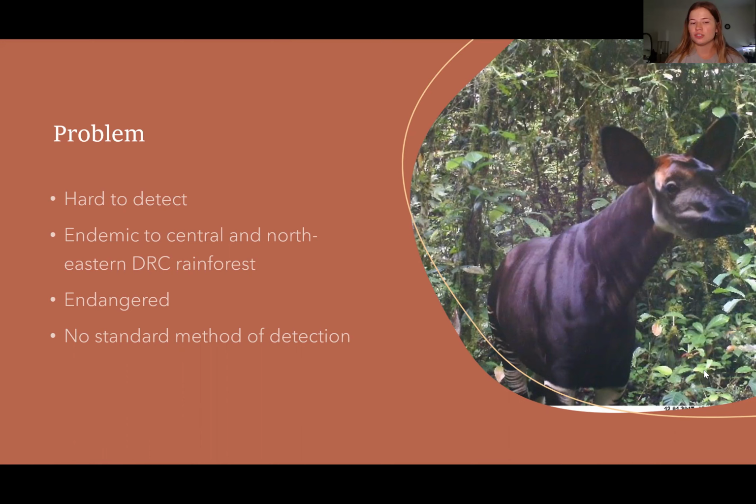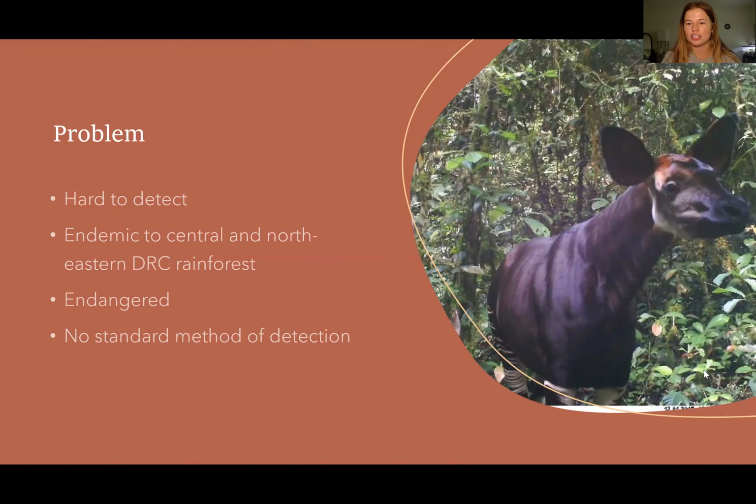They're also endangered, so the numbers are very, very small. The species is not abundant. They're very elusive, and there has been no established method of detection. So the methods primarily used are camera trap, scat identification, and they're just now starting to use eDNA. And no one of these methods has been seen to be exclusively highly successful. And this picture here is actually a great camera trap photo of the okapi, and we can